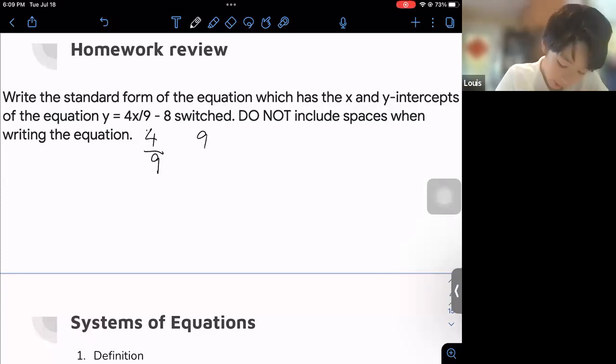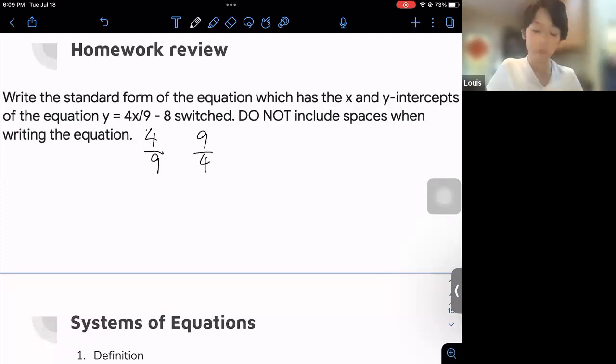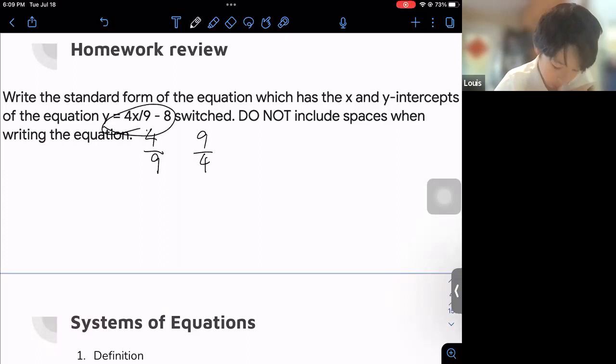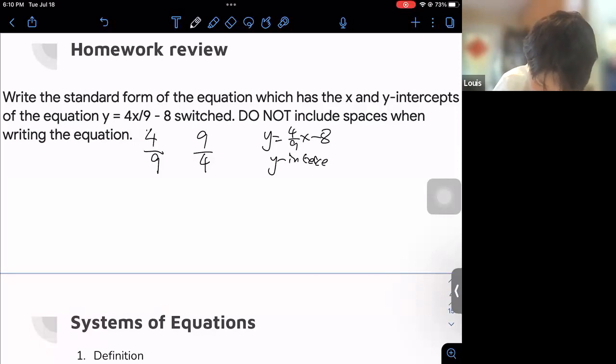So it would be 9/4. And with slope 9/4, for this equation right here, we have that the y-intercept is equal to -8, and the x-intercept,